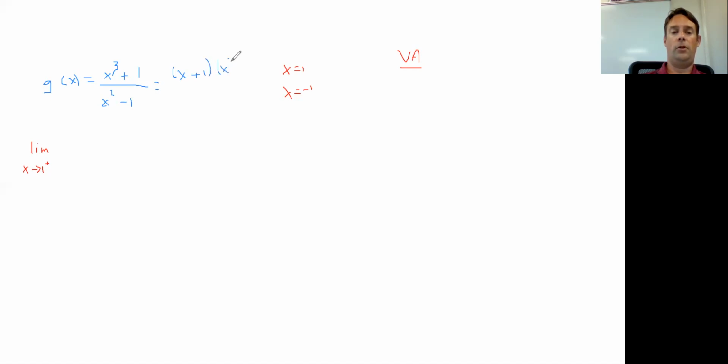Hopefully we remembered our difference or sum of cubes, and we factored that. We'll talk about that here in a second to see what that looks like. So we plug our 1 in here, and we have x cubed plus 1 over x squared minus 1. So when I factor that top, I factor that bottom,